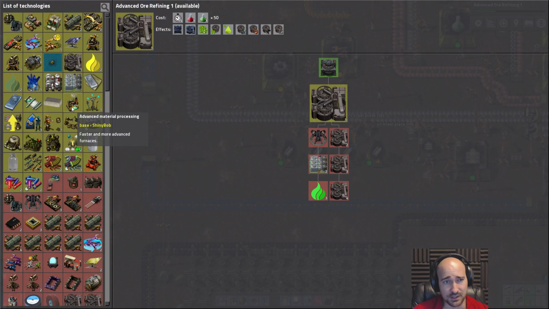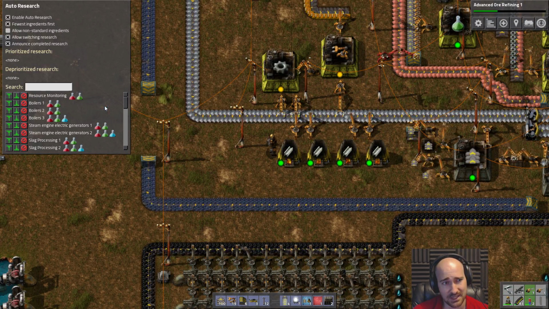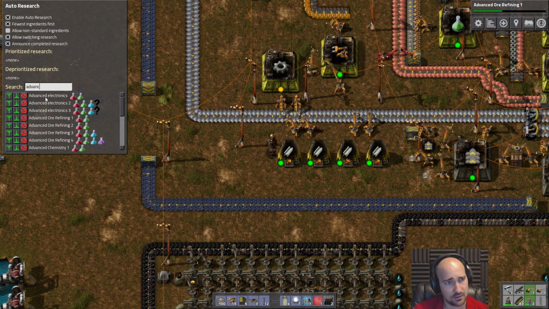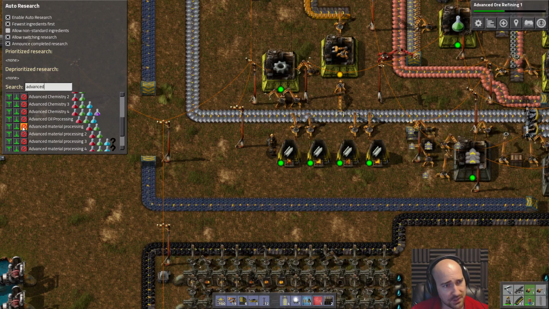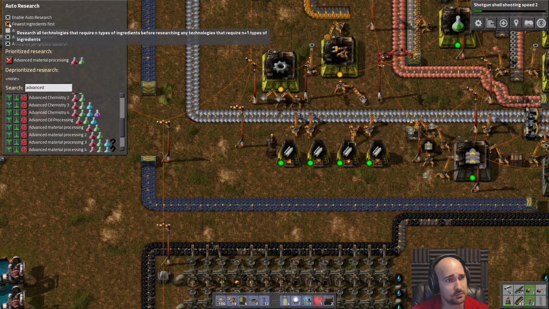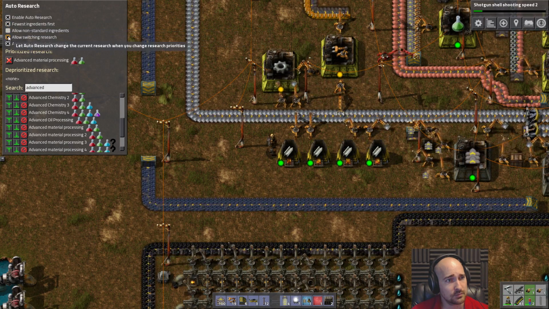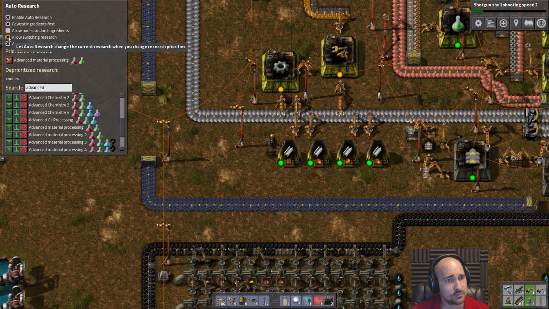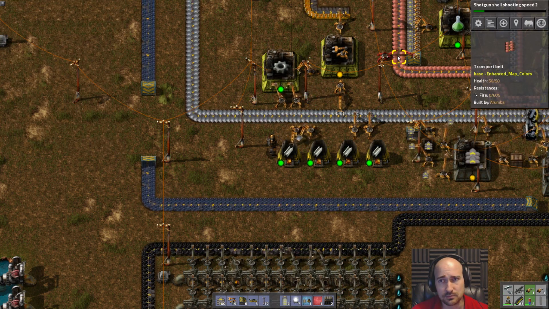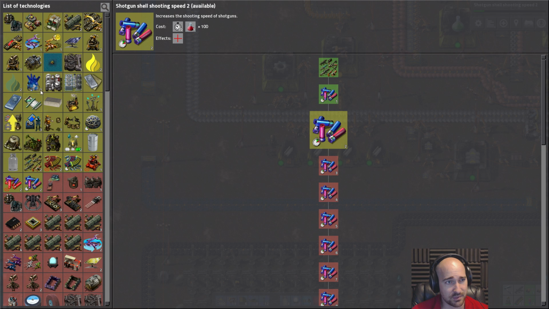advanced material processing. So we could do Shift T, advanced material processing. Put that up there. I don't care about shotgun shooting speed, excuse me. No. I wanted advanced material processing, and I also wanted... What was the thing I had it working on a second ago? It was...